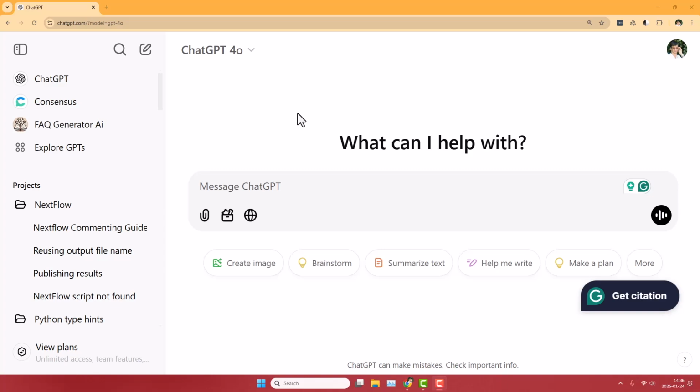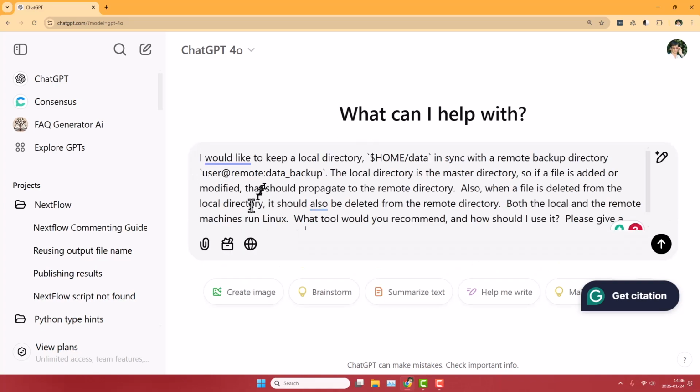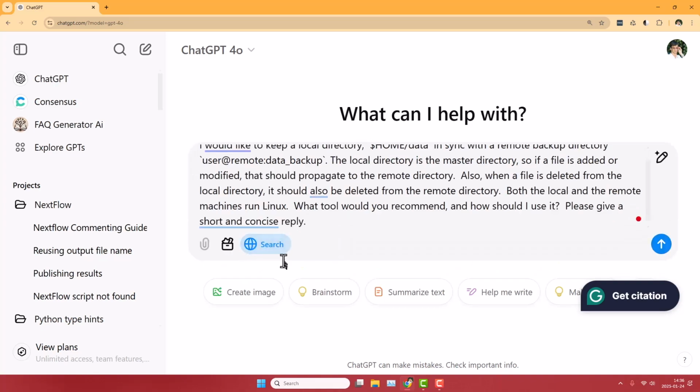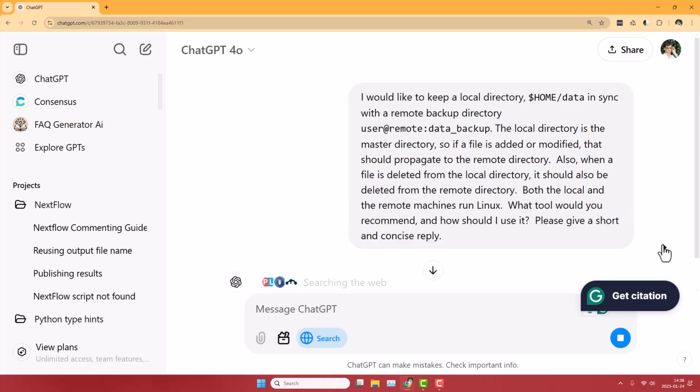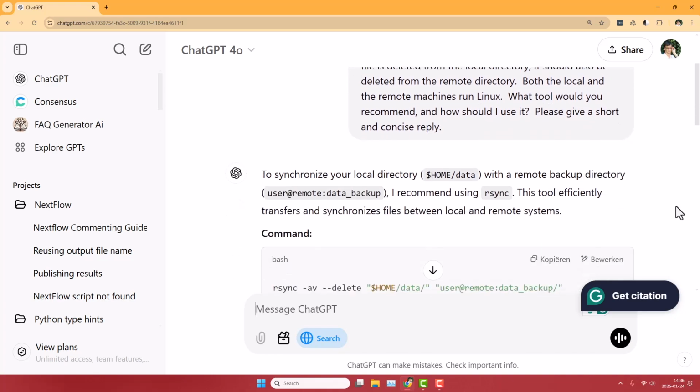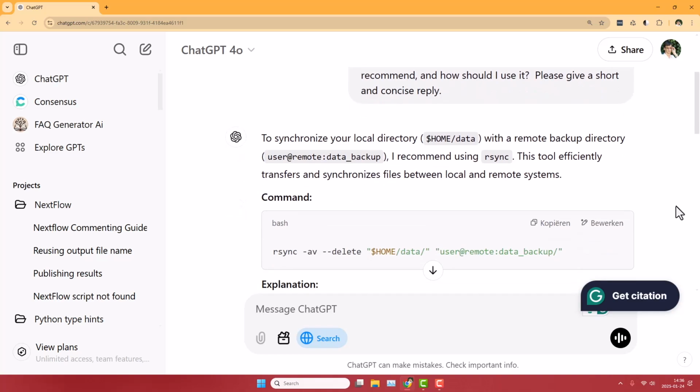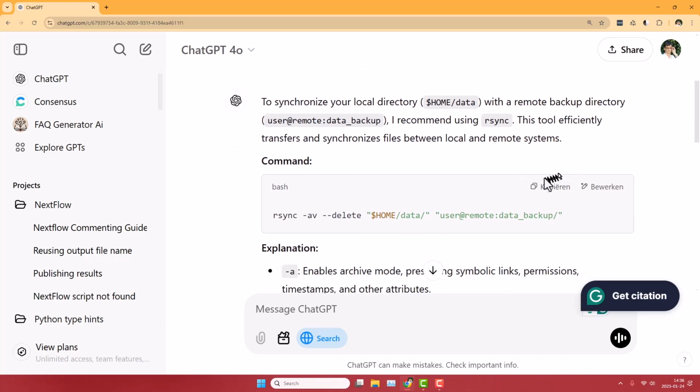The last thing I want to show is AI-powered web search. So I have the following query, and I switch on search the web to do my query. This will give me two things. First, the information being used is going to be relevant and timely, but also I will get attribution. So basically I will get a list of the websites that ChatGPT used in order to retrieve the answer. This would be the actual response to my query, essentially using rsync